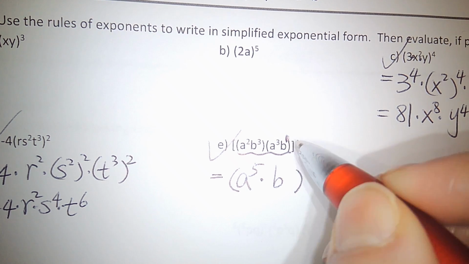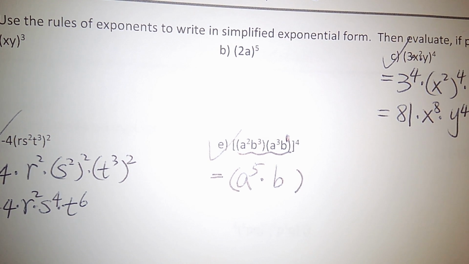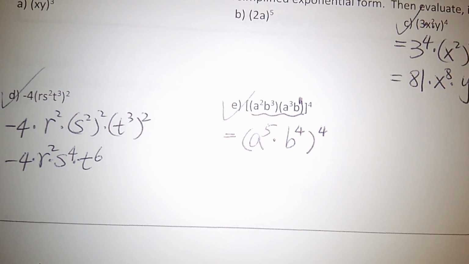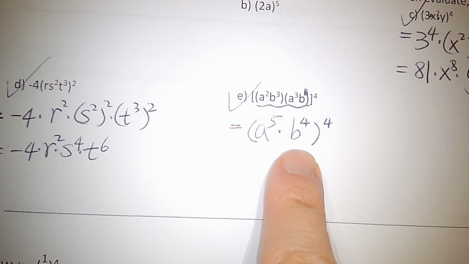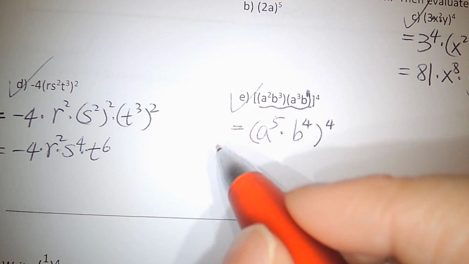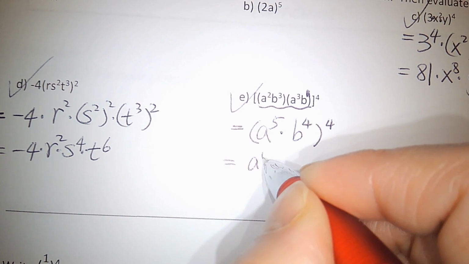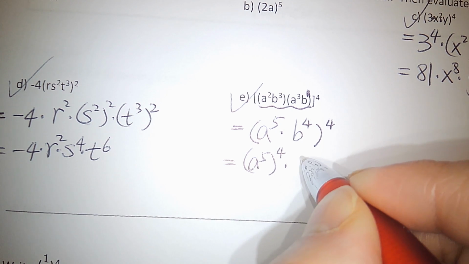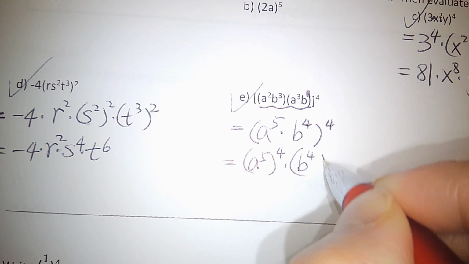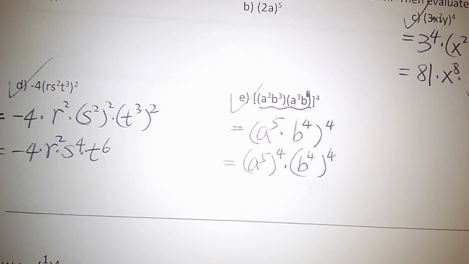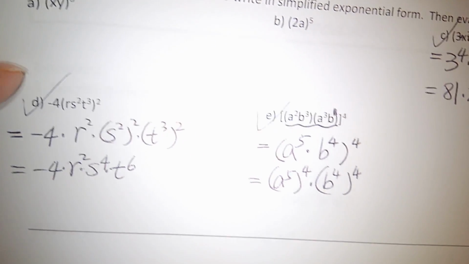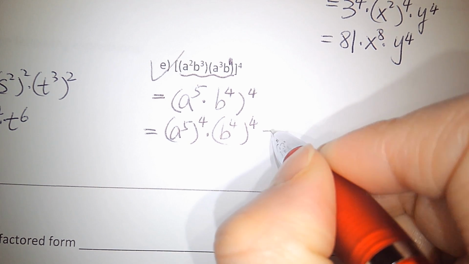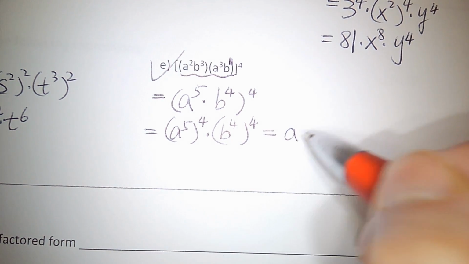No exponent means that exponent is 1, right? 4, right? And then to the 4th power. Distribute the 4th power, give us a to the 5 fourths, b to the 4 fourths, right? And then so it will give us what? a to the